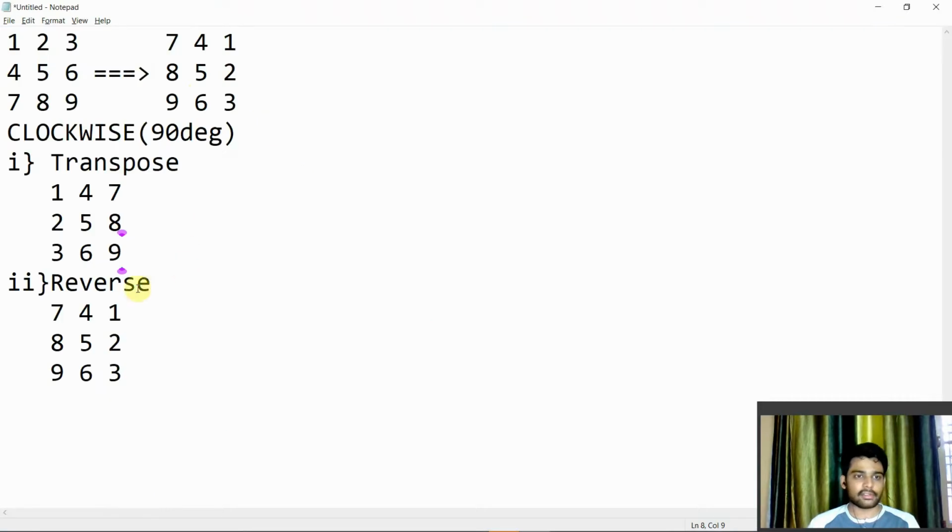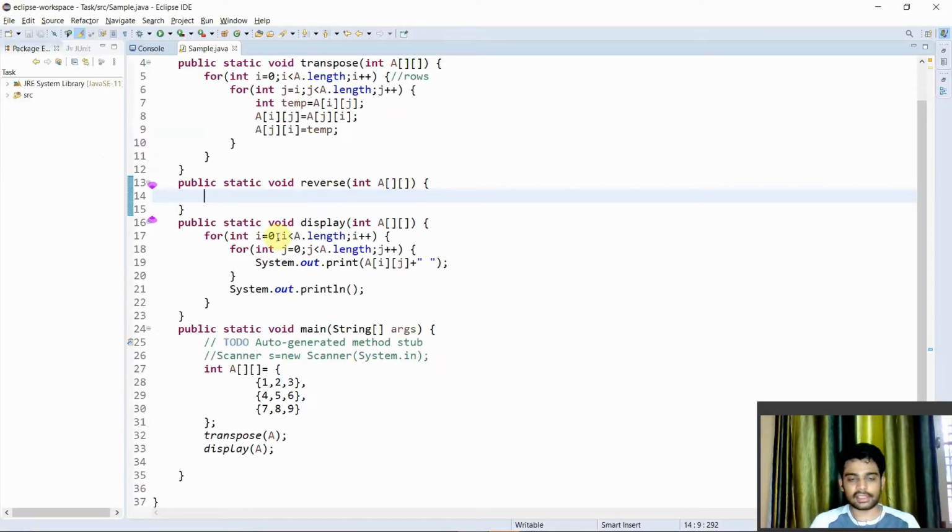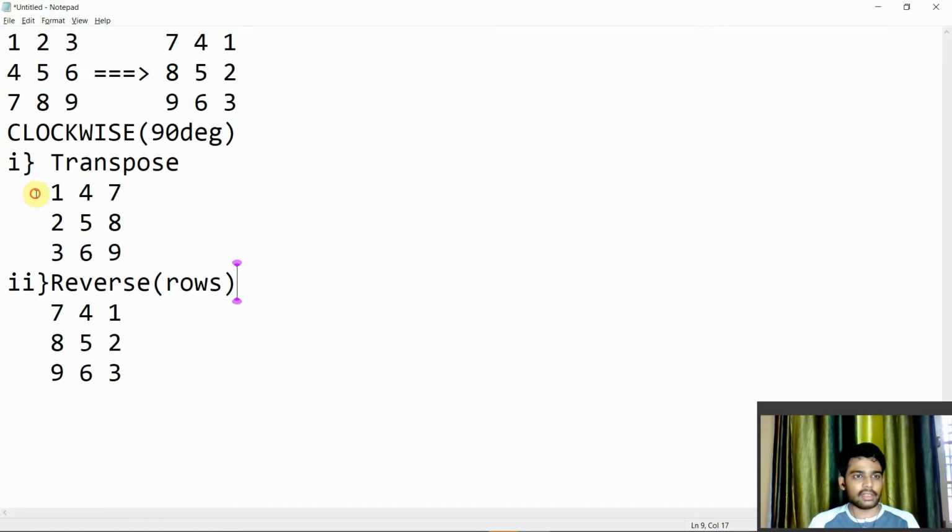For reversing, for clockwise we need to reverse rows. In order to reverse the rows, it's very easy logic. We need to keep a pointer here. The outer for loop will be iterating over all the rows, and the inner for loop will be swapping all the column values.